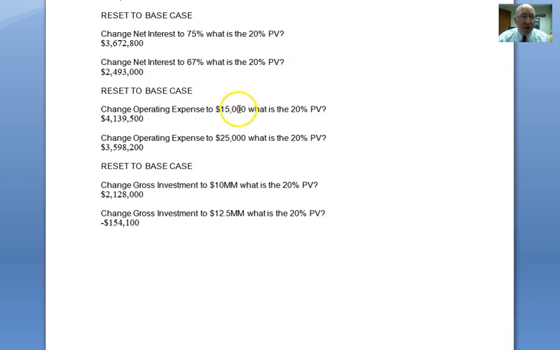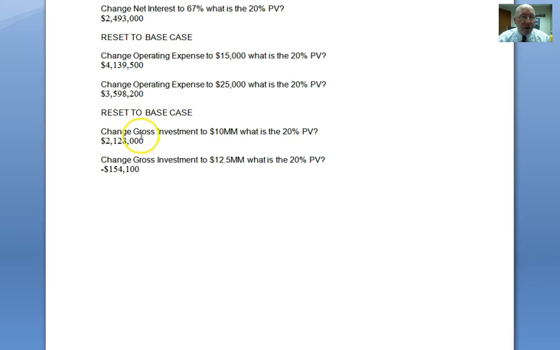We looked at lease operating expenses. We found that we could be very wrong on these, and the economics of the well were still okay. Likewise, we could increase the price of drilling from 7.5 million to 10 million, still very profitable, and had to go all the way to 12.5 million to go unprofitable. So what you want to walk away from this is an understanding that really the amount that you recover is a huge determinant of the amount of money,